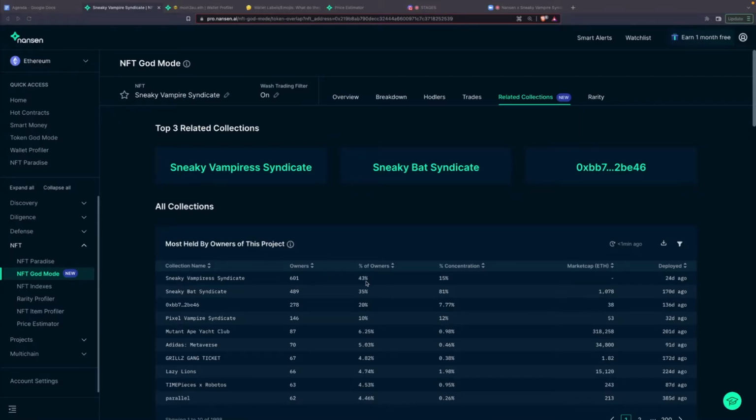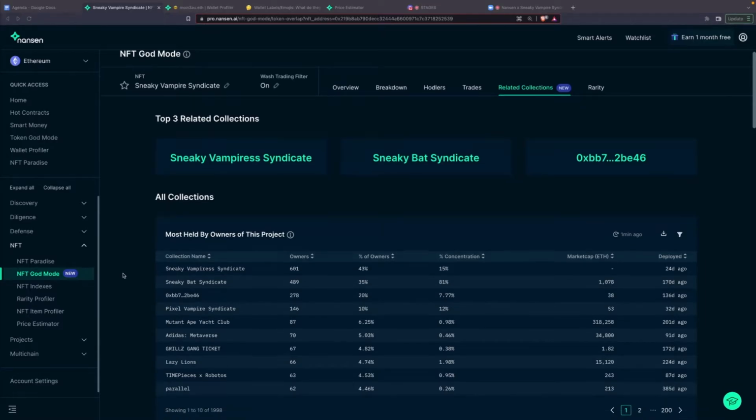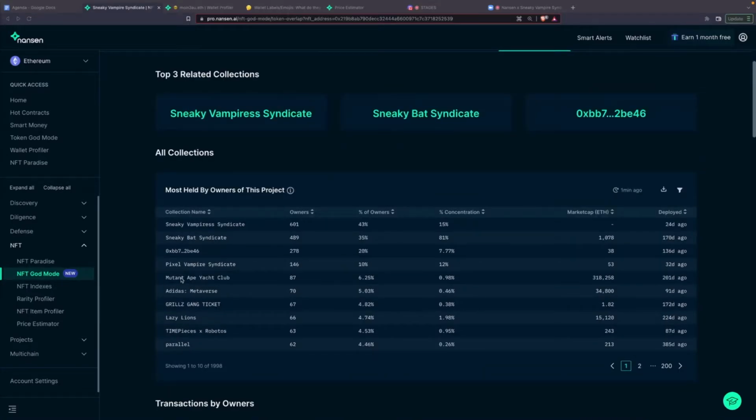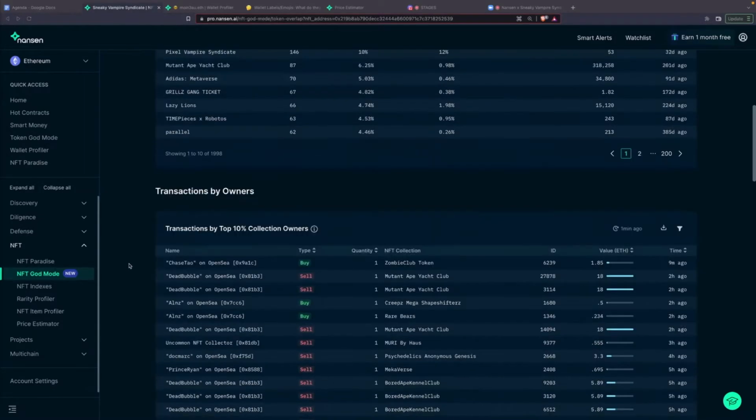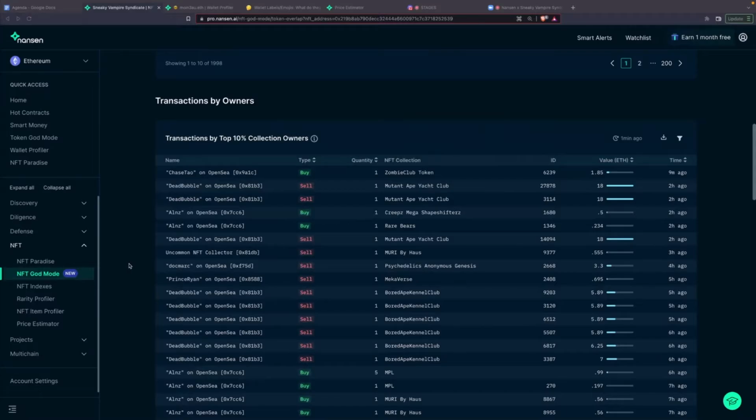43% of the owners of Sneaky Vampire Syndicate make up 15% within the Sneaky Vampire Syndicate holdings. And then we can see some other additional ones down here, like Mutant Ape. We saw that trading on our smart buys earlier today. So that's another large holder. Mutant Ape Yacht Club holders are also Sneaky Vampire Syndicate holders, along with a few others. And we can see all of the different transactions by these individual owners, and then the corresponding related NFT collection